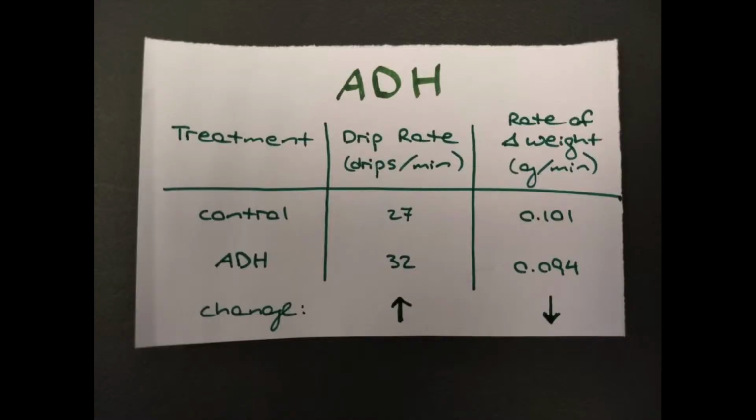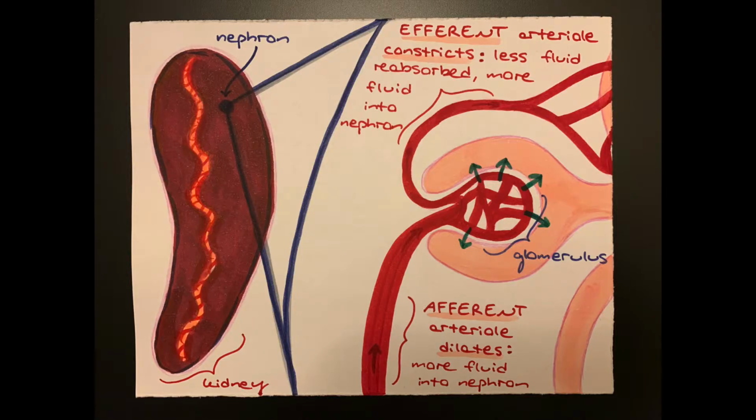Though a slower flow rate through the arterioles would normally result in a decreased drip rate, the effect of ADH on V1 receptors located on efferent arterioles explains the observed increase in drip rate. Efferent arterioles carry fluid away from the glomerular capillary bed within a nephron. Constriction of these arterioles increases resistance and decreases the flow rate of fluid out of the glomerulus. Since more fluid remains in the